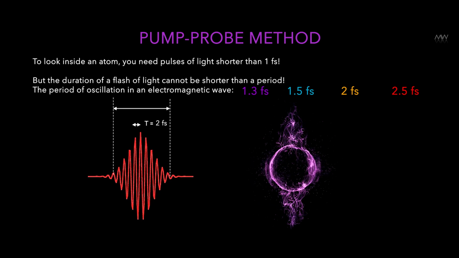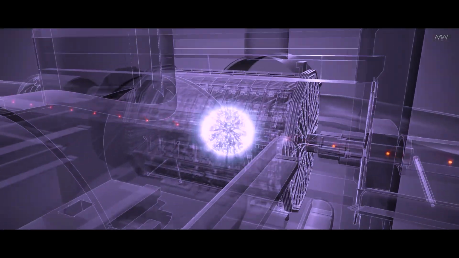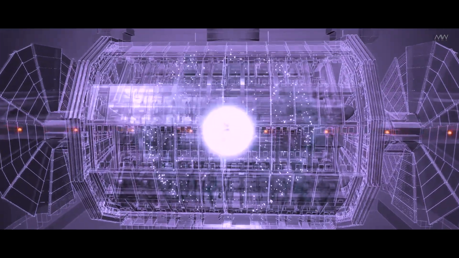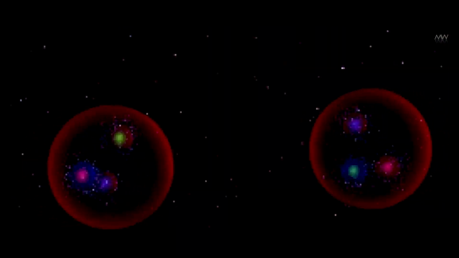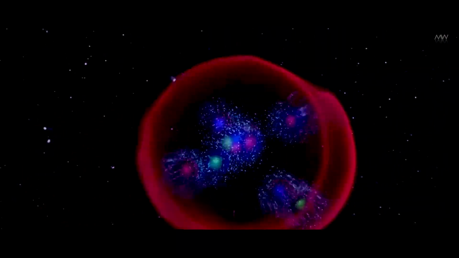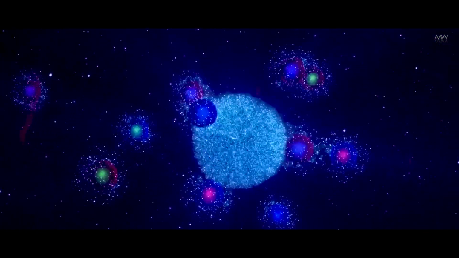You will not be able to make a shorter light pulse than a femtosecond period, because then the frequency will be different, and it will not be visible light. So with all this method, you can of course study how molecules collide with each other, because they collide longer than femtoseconds, but you cannot look inside atoms, because electrons inside atoms move faster than femtoseconds. You need a different tool.